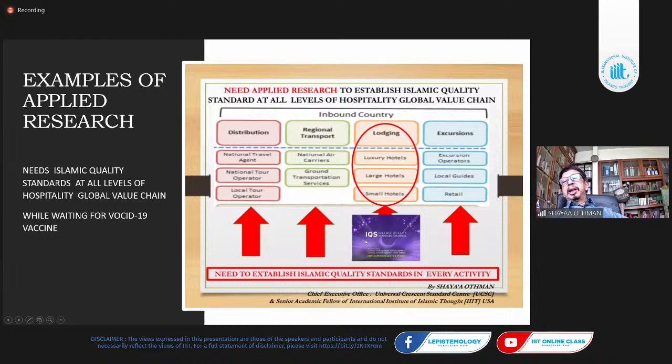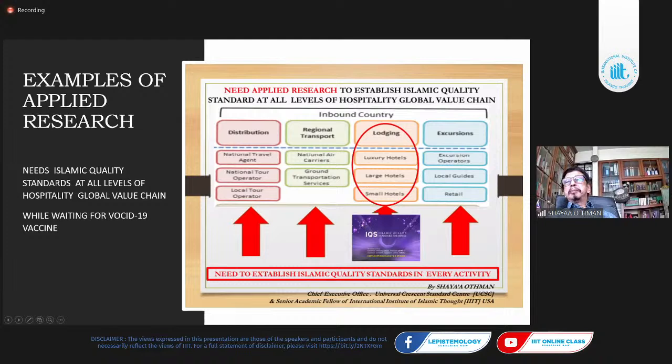IQS is something to do with the standard of 5-star, 7-star. But we have the Islamic quality standard: 5 crescent, 6 crescent, 7 crescent. It's a different standard. Of course, it covers halal and other criteria, the environment, the standard of dressing, the code of ethics, and so on, built into this. So there are many areas.